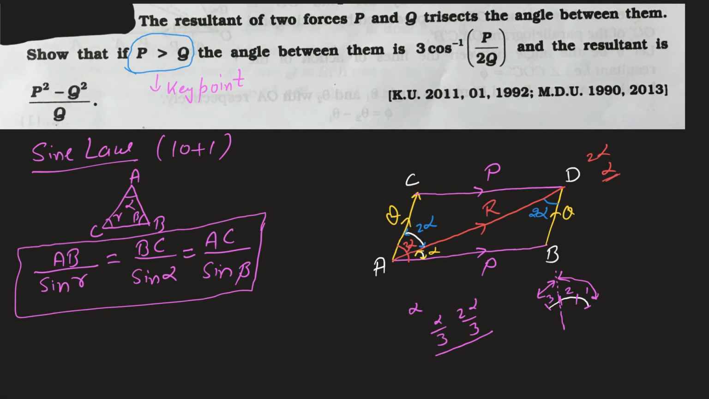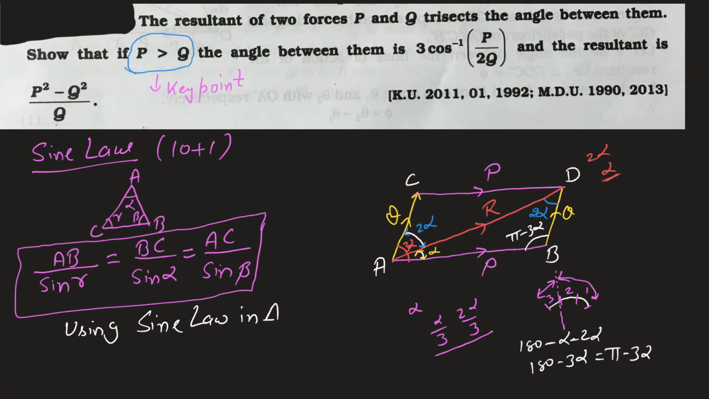So what will be this angle then? It will be 180 minus alpha minus 2 alpha. So this will be 180 minus 3 alpha, or in radians you can write it as pi minus 3 alpha. So this angle will be pi minus 3 alpha. Now, writing using the sine law